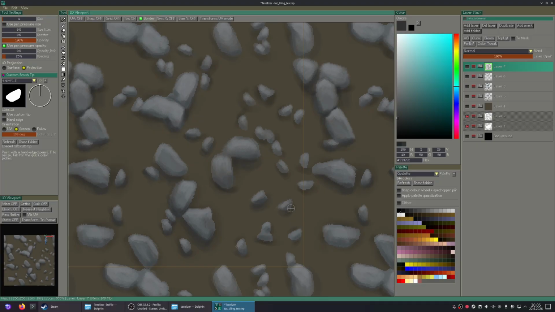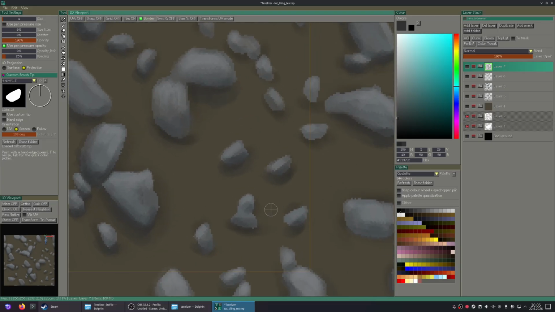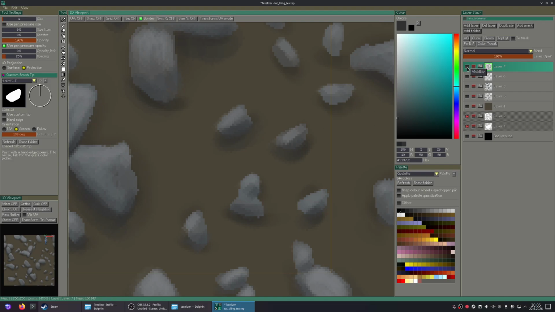If I just pick a bigger brush and start painting big, this is also a weird one, which I might need to fix somehow. See if I can just shade it a bit. Whoa, that's a bit.